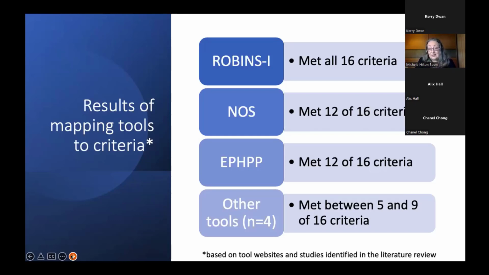Now, it's also clear that the 6 user perception criteria will be important in the comparative assessment of tools. So these considerations, including ease of use, time and expertise required, and perceived acceptability of the tool's validity and reliability, could potentially tip the balance, if you will, in favor of tools that may not have been as rigorously developed or thoroughly documented if they were perceived to be valid, quick, and easy to use.